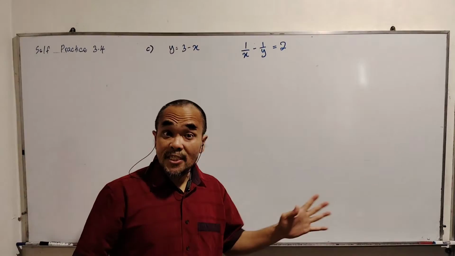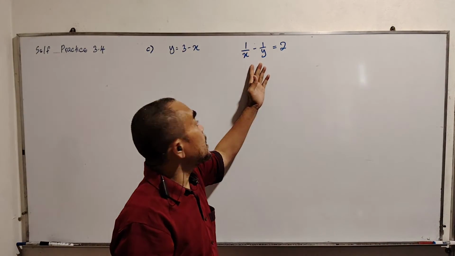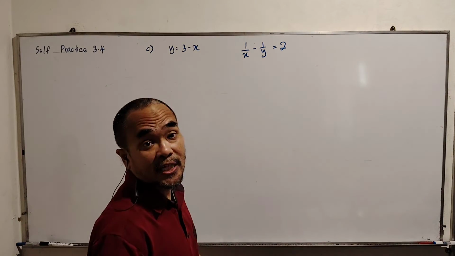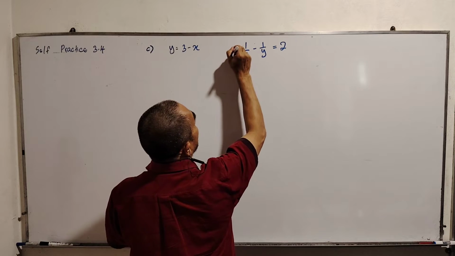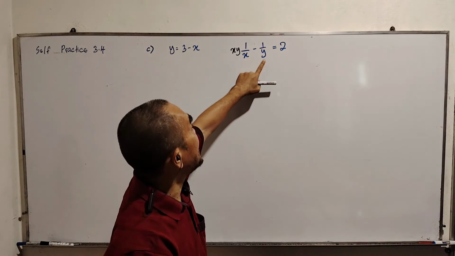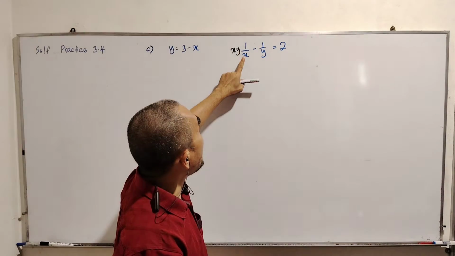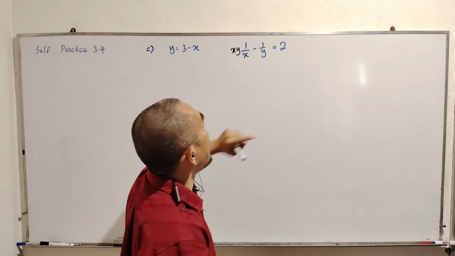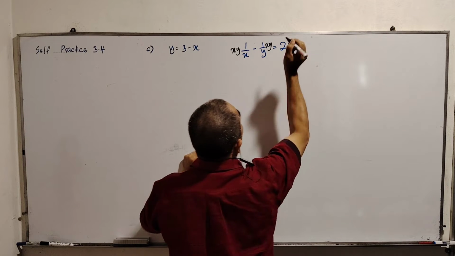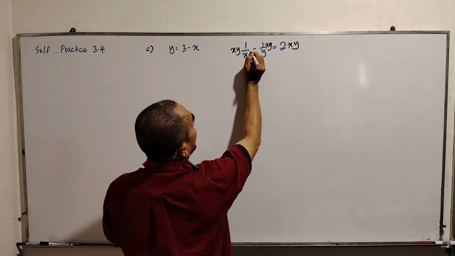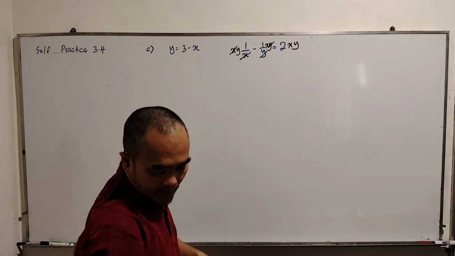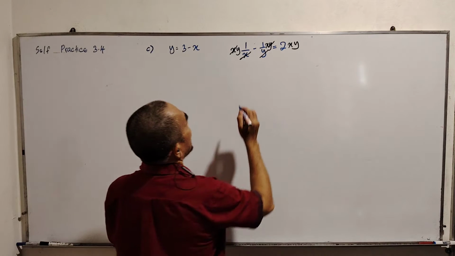How do you solve this equation? Similarly, we eliminate the fraction. How to eliminate the fraction in this case? You multiply by x and y, because one of the denominators is x, the other is y. So you multiply all three terms with x and y, and you cancel accordingly, x with x, y with y. Then the equation will become